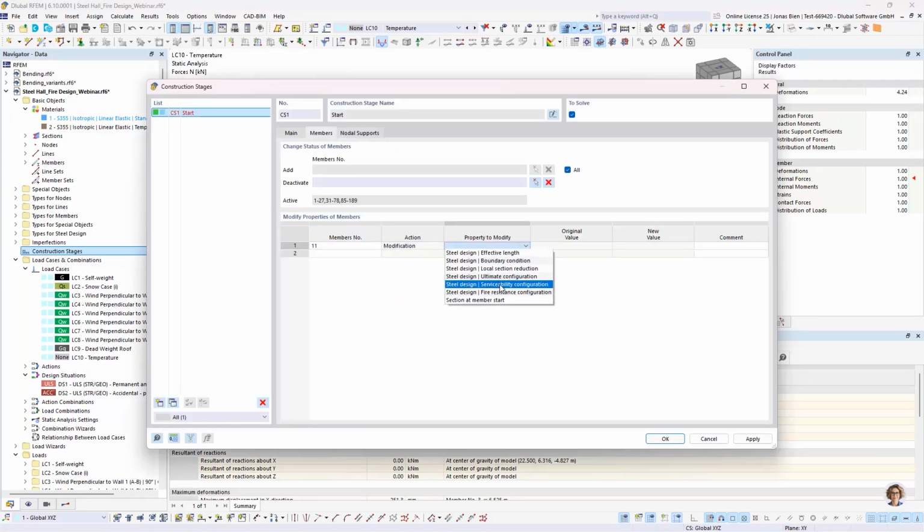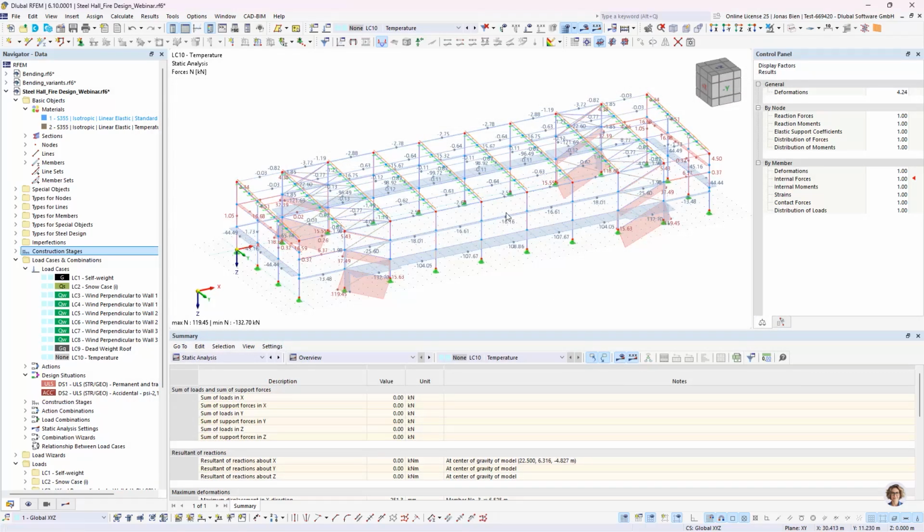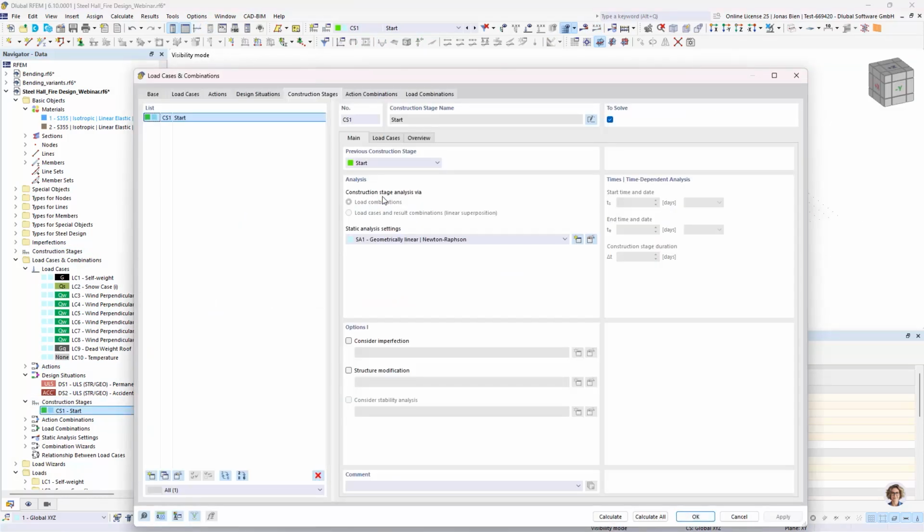for this column, I want to define some steel design configuration, for example, the effective length settings. And I could now override my original assignment of buckling length with a new one. Let's just take for demonstration purposes the type 2 I have already defined. But it could be every effective length type that I have maybe modified from the original version. Okay, I apply this with OK, and